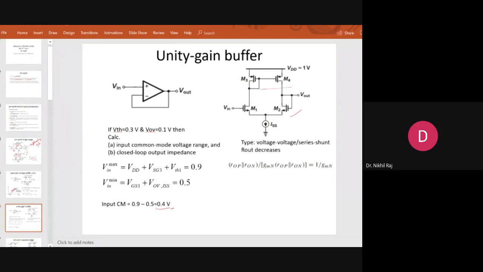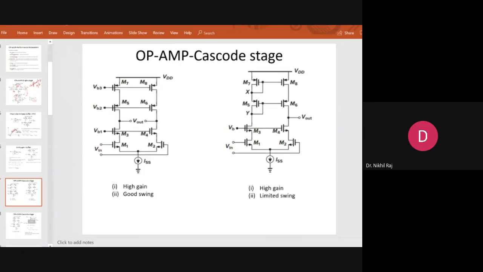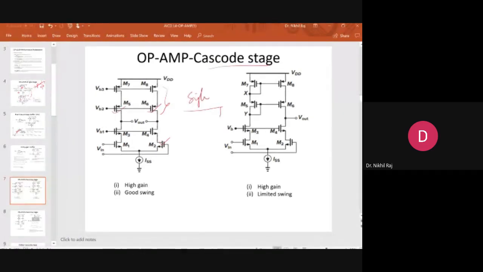However, when we switch to the cascode topology, another form: in the simple op-amp the gain was less. To improve the gain, we move to the cascode stage, and cascoding means extra transistor shielding is provided to the input, and shielding is provided to M7 and M8 by M5 and M6. Similarly, here it is the current mirror version, a single-ended output version. In both cases, the gain is high. However, here the swing will be more compared to here because of the overdrive voltage in the current mirror. The swing becomes less here.